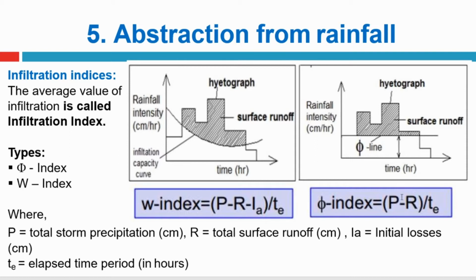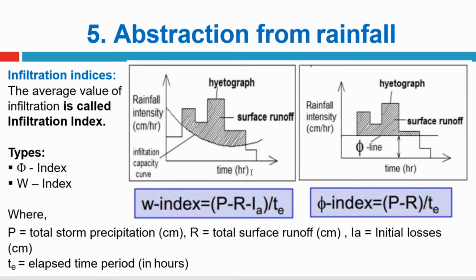As you can see, in the phi index I have not considered the initial abstraction because it is not deterministic in nature. That's why in the W index it has been accounted for. So P, precipitation, minus R, runoff, minus initial abstraction, divided by the duration of the rainfall, will give you the W index. So these are the two indices